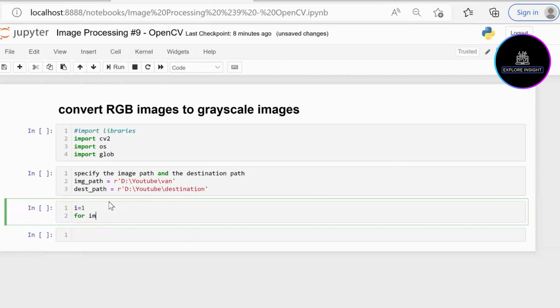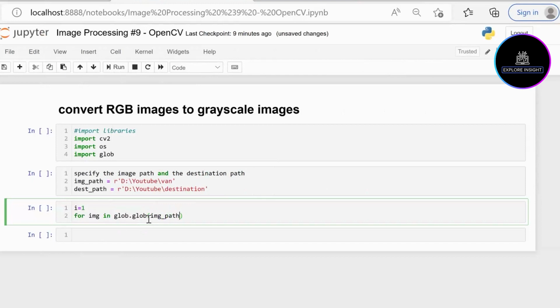So we have for im in glob.glob. So normally the glob function returns a list of paths that match a pattern. In this case, the pattern we have is the im_path. So I'm going to write that, which is the im_path,